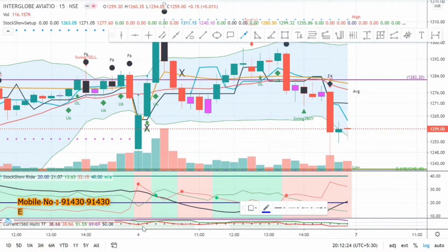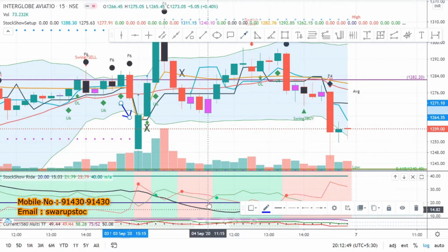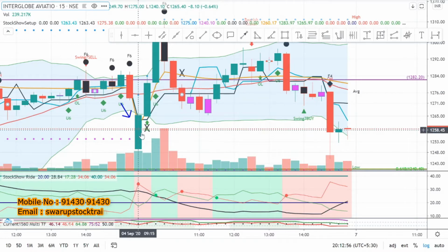Yeah, so at the beginning, 9:15, this was yesterday's close, right? And you look at the OHLC line, open, high, low, close line. Now here, Indigo closed with a red candle and it has gapped down. So what we learned is that once it is a gap down, our students know what to do with a gap down. And since it is an opposite candle and we have other confirmation,